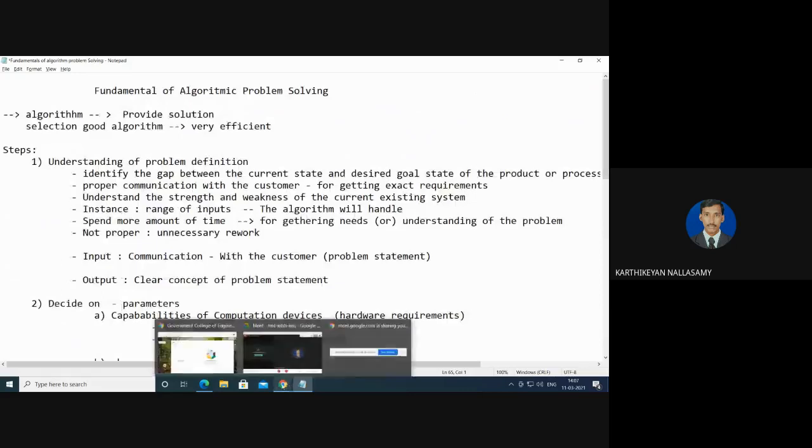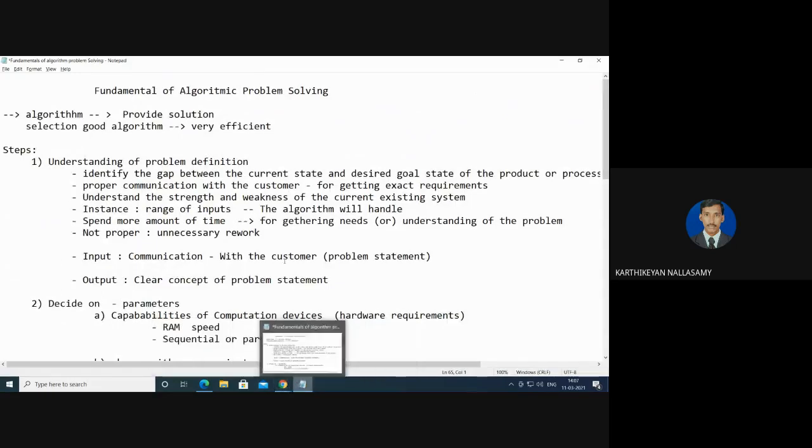I can show the diagrammatic representation for this. Before that, let me recall once again. The major objective here is to provide the fundamental steps for solving a problem, the basic steps we need to consider. The main goal is to identify the problem-solving method, along with identifying the best algorithm for solving it. For that, the first step is understanding the problem statement.